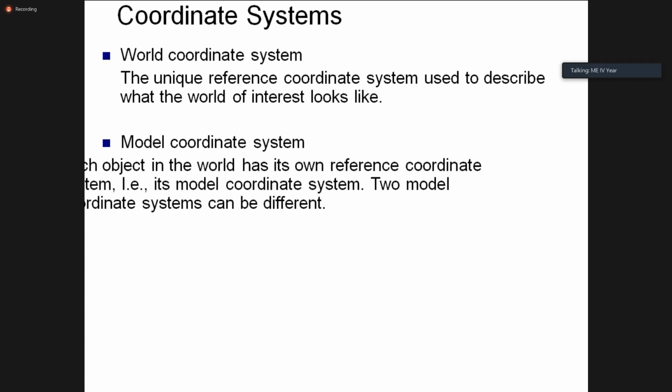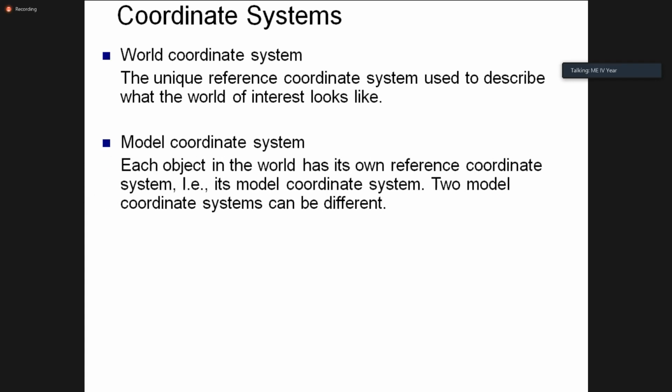Next, the model coordinate system. Generally, if you draw a model, if you observe CATIA, the coordinate system will be at the center. Am I right? If you observe CATIA and CREO, the coordinate system will be in the middle.